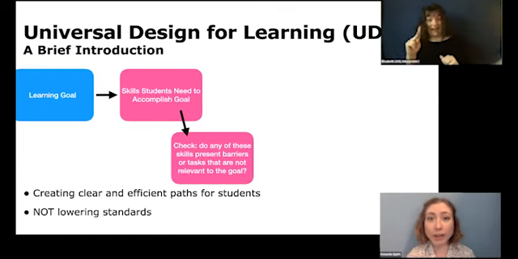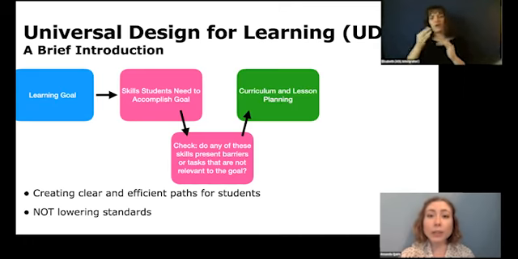When you're doing this barrier check, you definitely want to keep disability in mind. However, don't limit yourself to barriers that have to do only with disability. For example, if you require your class to use an expensive online homework platform, you might be creating a financial burden for a student who then wouldn't be able to show that they have mastered the material. So once you do a check for barriers and remove any that you see, you then start your curriculum and lesson planning.